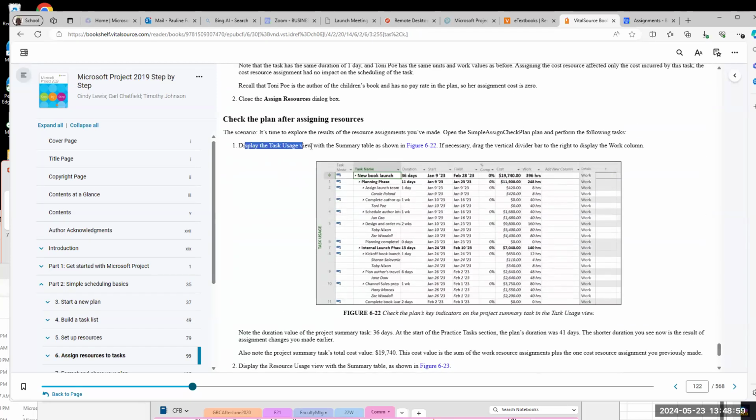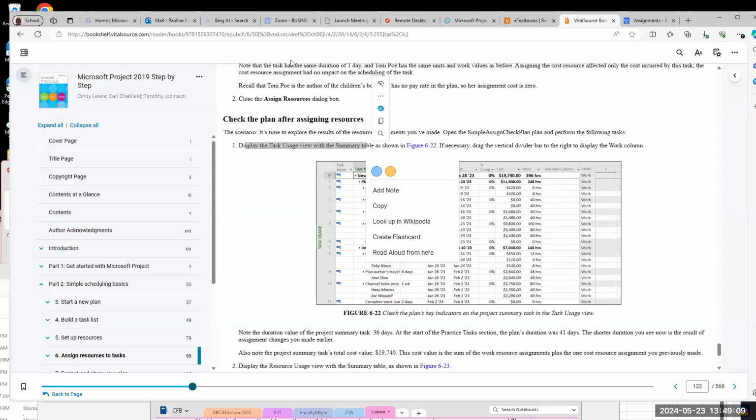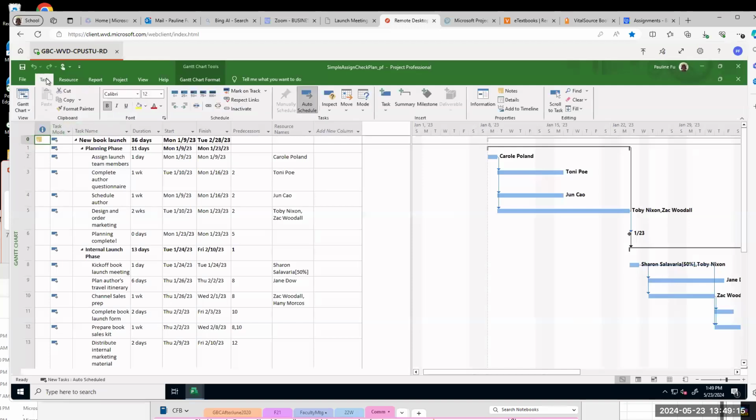Step 1, display task usage view. So go to task, and then Gantt chart.